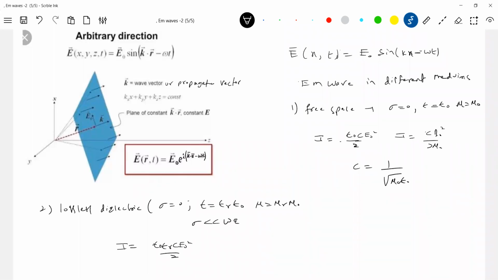This is again like a lossless dielectric. Again, for the dielectric, there are two types of that. Transparent dielectric, for example glass. What is the mu r for glass? It will be 1. It all depends upon the conditions of the lossless dielectric. Suppose a ray of light propagates through glass, what is the mu r for glass? It will be 1, whereas the epsilon r will be different. The speed of the wave will be different.